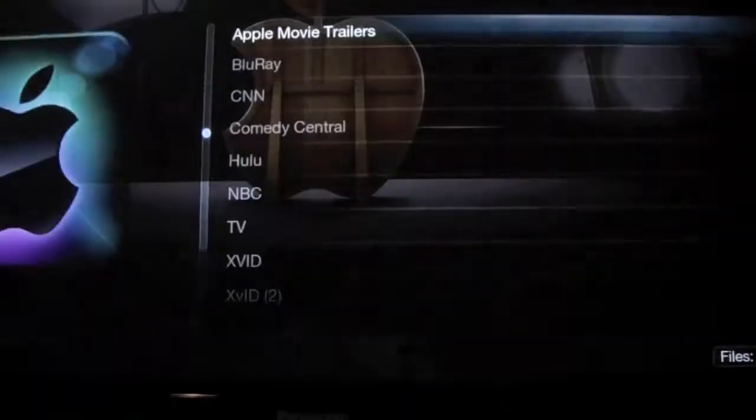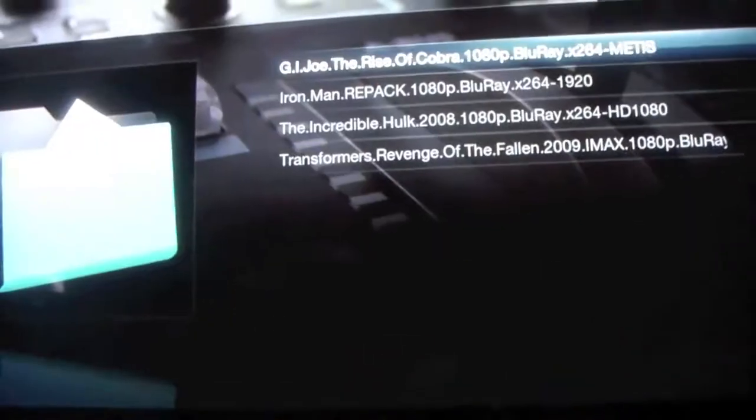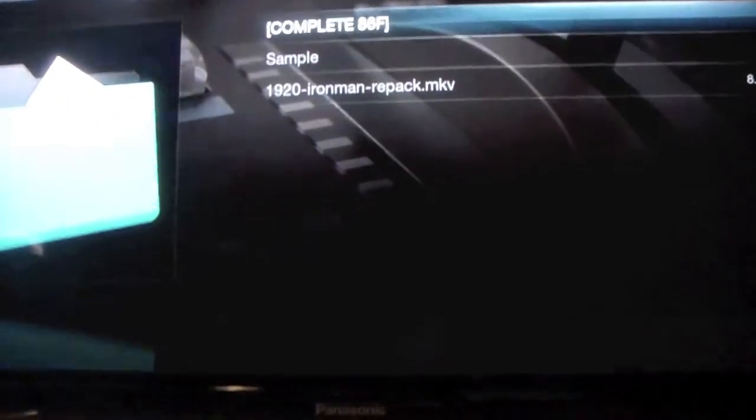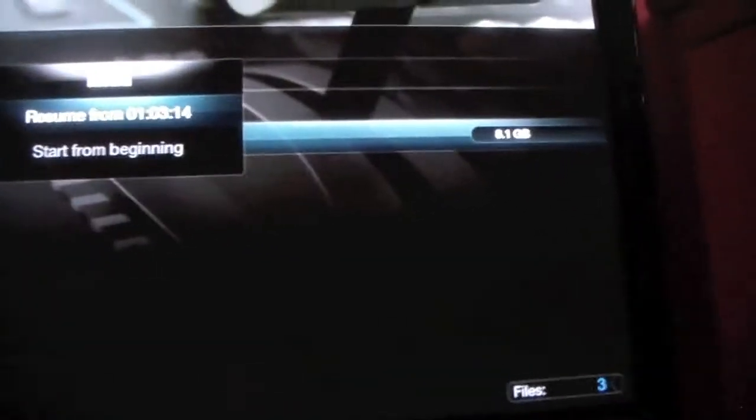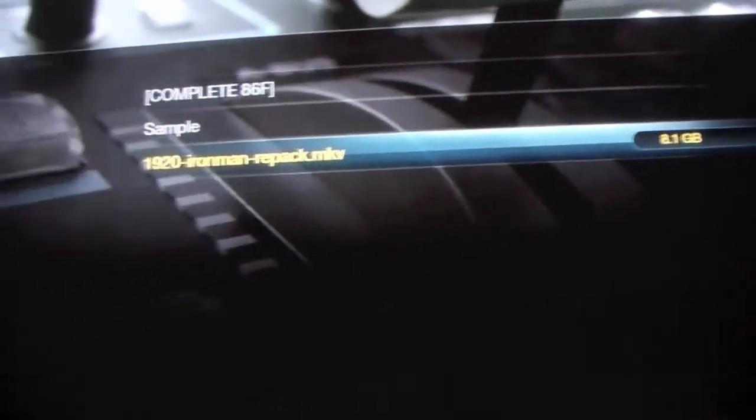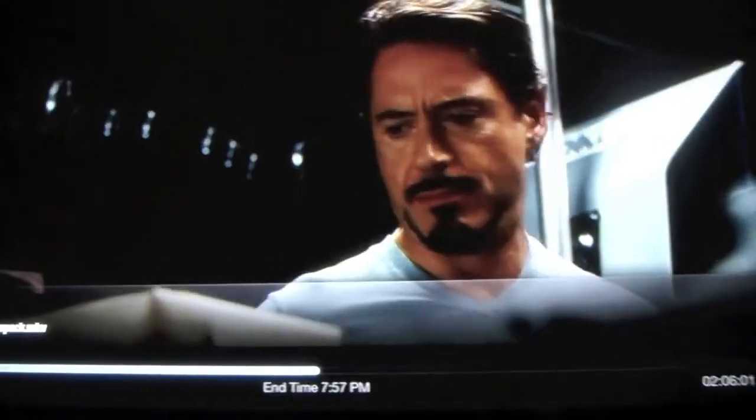Play some Blu-ray. Blu-ray movies as well. Iron Man. Really, really large, 8 gigabytes. So they can get pretty large. But this is an actual Blu-ray. It's HD, so it looks really crisp. I don't know if you can really tell by the camera, but it's really intense